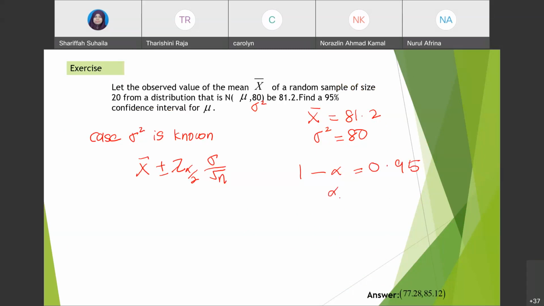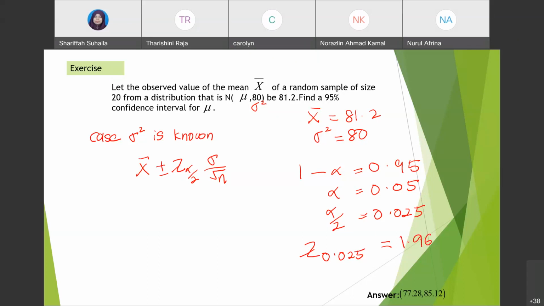Okay, if you don't have it, find it from Google. Search for the value. So alpha is 0.05. You want to find alpha divided by 2, so 0.025. So from your stats table, find the value 0.025. Okay, we have z alpha 0.025. If you check from your stats table, it should give you 1.96. Okay, you should get 1.96 here.